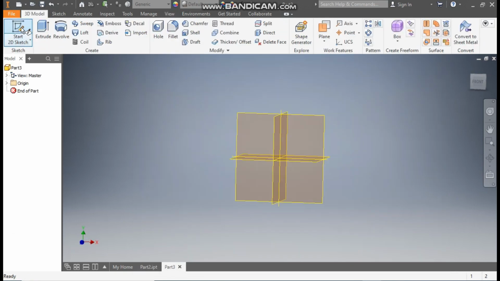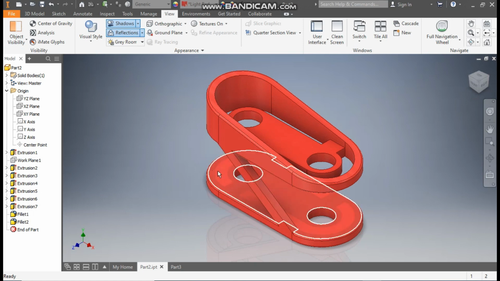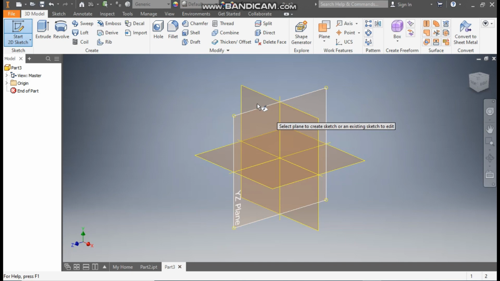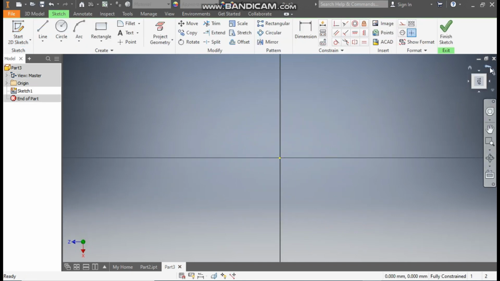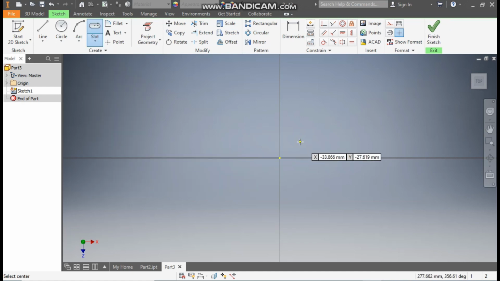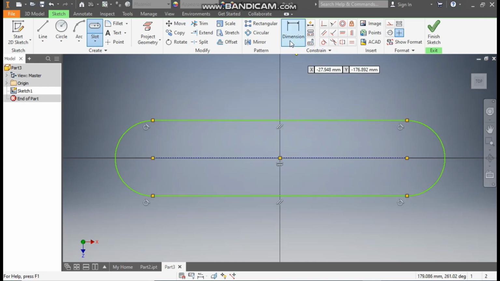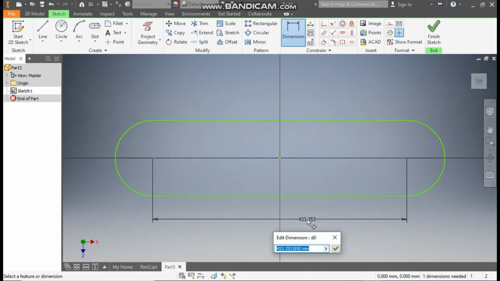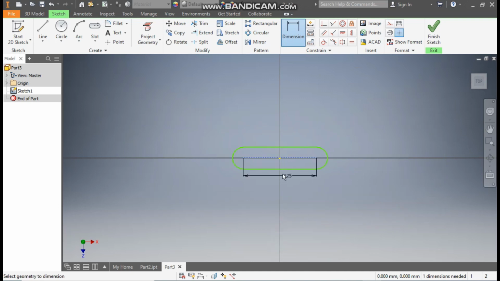Now take a 2D sketch, go to part 2. From here, we'll start from this base. Now go to part 3 and we'll select the top plane. Now rotate the view. Here take the rectangle command and here we are going to take center point slot. Select this center point and make a slot profile. Okay, go to dimension. Here the center to center distance will be 125 mm and here the radius will be